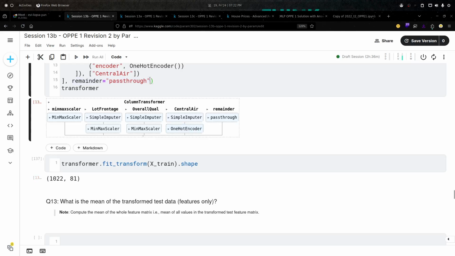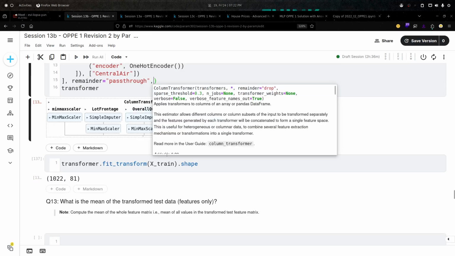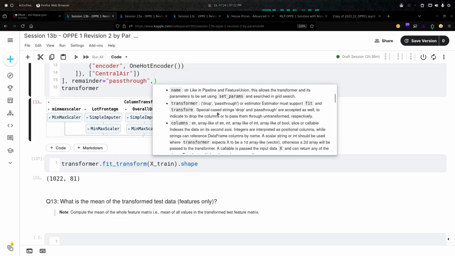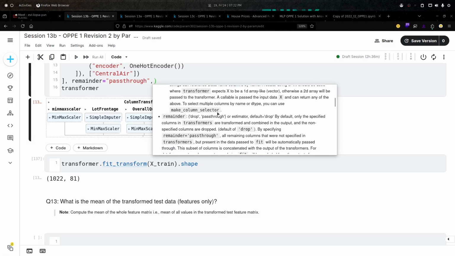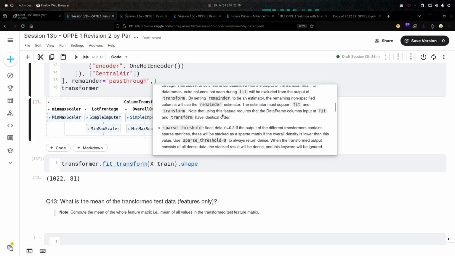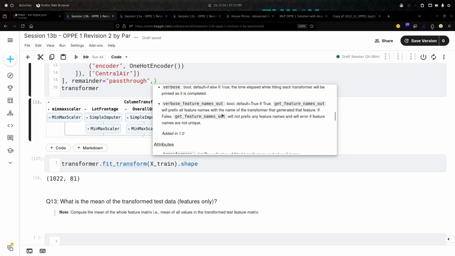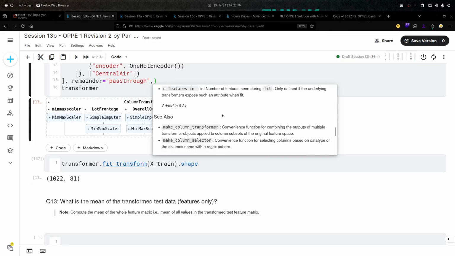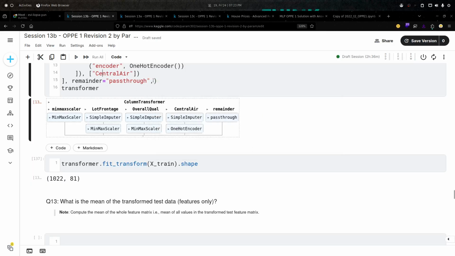And there is also one more parameter. By default we are getting the values in a numpy array, but we can also get the values in, let's say, a pandas data frame. There are various parameters for this. We are not sure about the parameter here. Yeah, we can do that also.